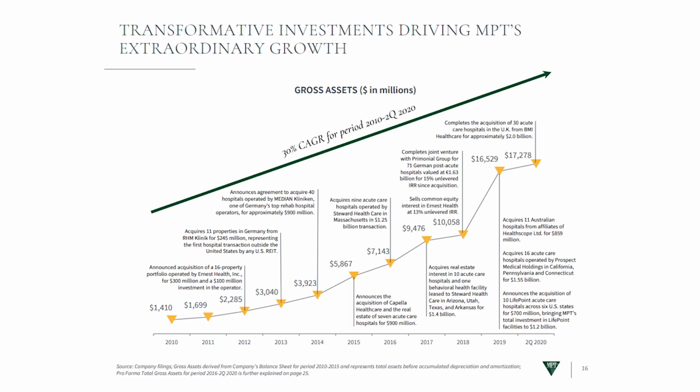Now, servicers like this because it frees them up to focus on what they do best, that healthcare service, and then MPW can focus on running the real estate. So this is decades of potential growth as the company takes advantage of these ultra low interest rates in the market to consolidate all those medical properties out there, with gross assets growing at a 30% annualized pace over the